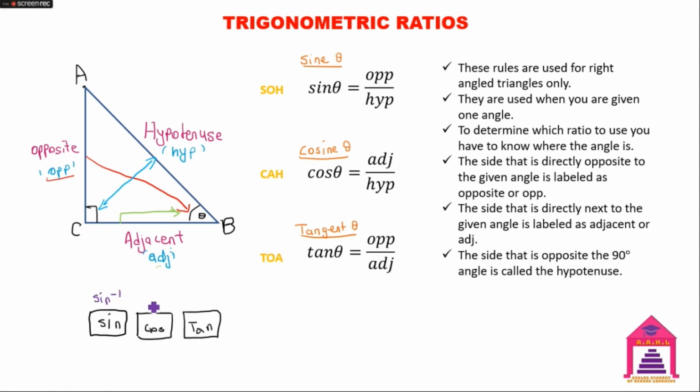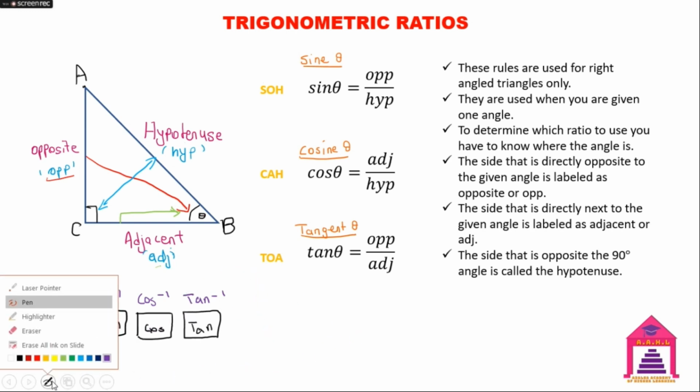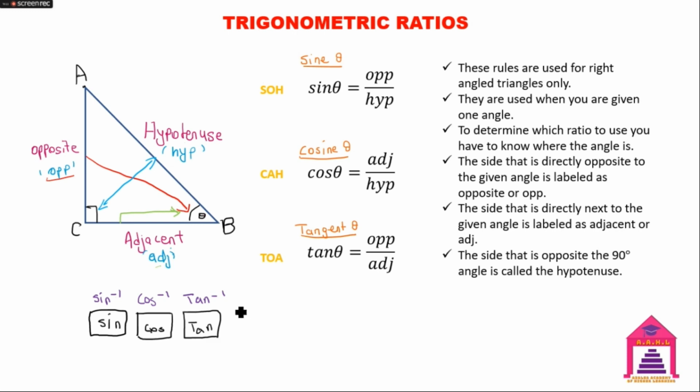And above it, you are going to see COS minus 1, TAN minus 1. Note that this means that this is the inverse. To access this, some calculators allow you to either press down the button, or you would probably want to look at where you have